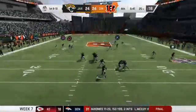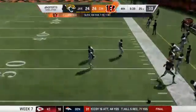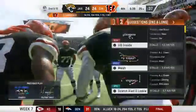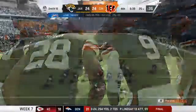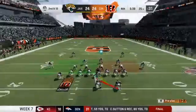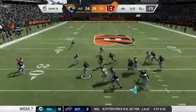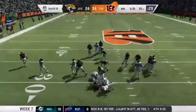On first down, Lawrence. And this will be incomplete. Physical play on the football there, and it's second down. An incomplete pass leads to 2nd and 10 from the 25. This is Mixon. And he's going to be dropped following a